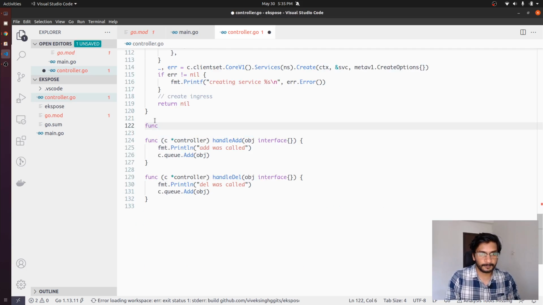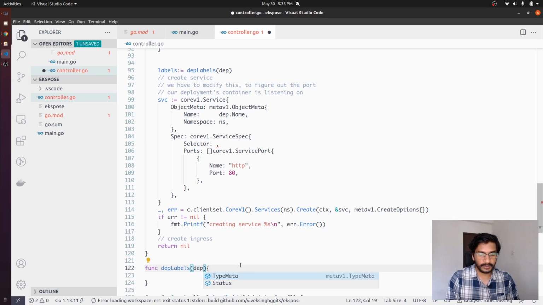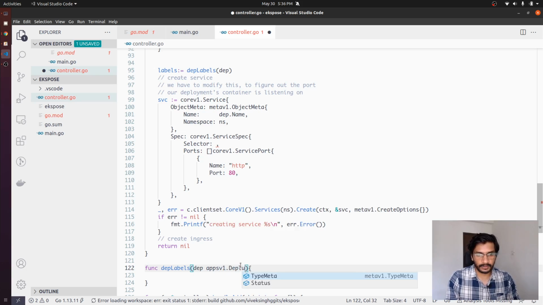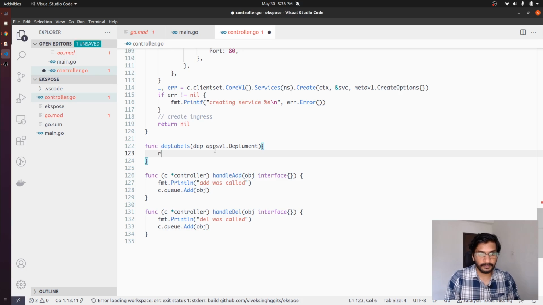So func, and we are going to get deployment. So deployment is of apps v1 dot deployment, and we are going to return deployment dot